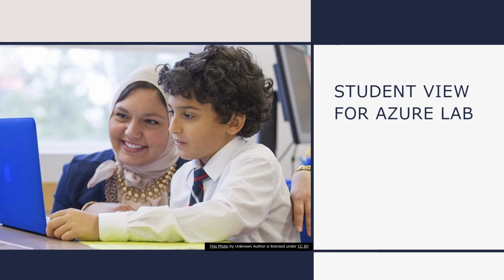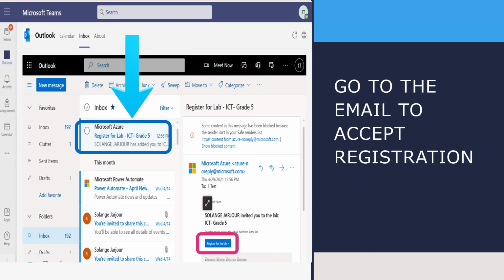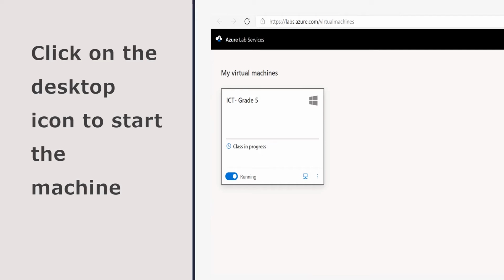Finally, let us see the student view and how they can utilize Azure Labs in very simple steps. If the teacher selected to send the invite via email, they will receive an email with a button, which is registration for the lab. From here, they can open Azure Lab Services. They can enable the Azure Lab and then click on the desktop version. A small